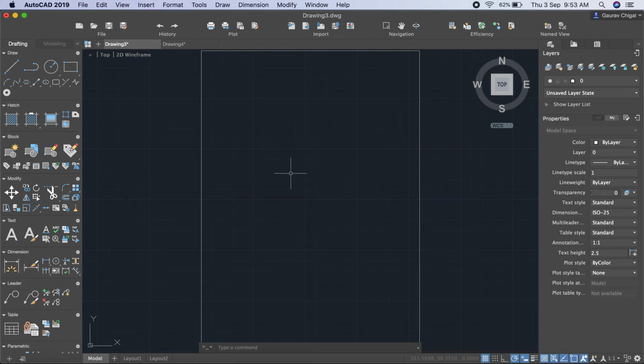Scale factor, whether you want to make the drawing 1:1 or 2:1, which is bigger, or 1:2, which is smaller, that is half of the real scale. And the third factor is your limits. You define the limits, that this is my paper size, I want to work in this limit only. So your drawing should be within these limits.